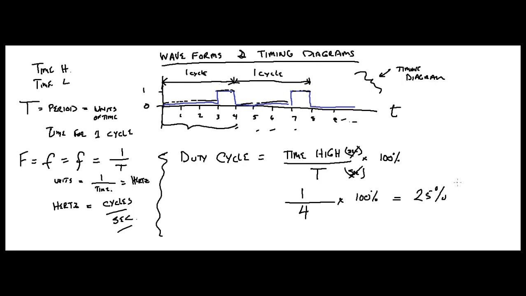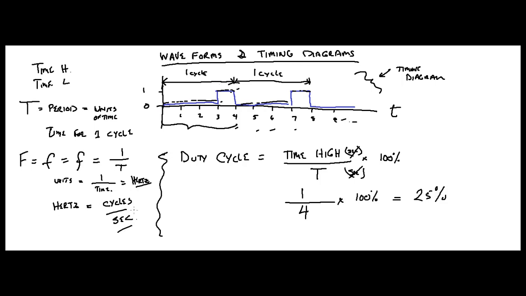I want to make sure everyone understands that. Okay? Time high, that's the amount of time it's high per cycle. Time low, that's the amount of time it's low per cycle. The period, that's the total time for one cycle. Frequency, that's going to be 1 over your period. The units are going to be 1 over time, which are equal to hertz, and hertz is equal to cycles